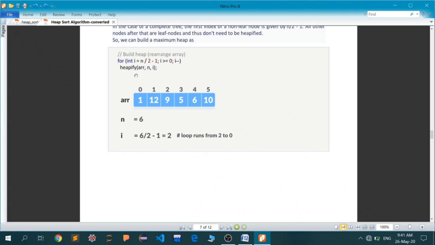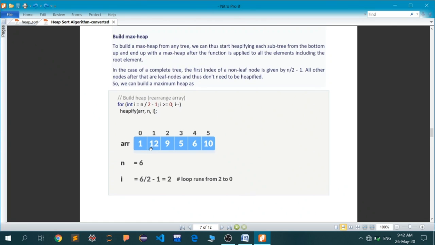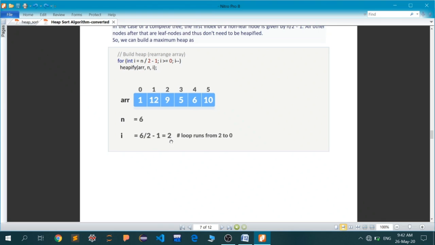As you can see, this array has 6 elements. To find the last node after which all the elements are leaf nodes, we just apply the formula n/2 - 1. So 6/2 - 1 is 2. This second index signifies the node after which all the nodes are leaf nodes.